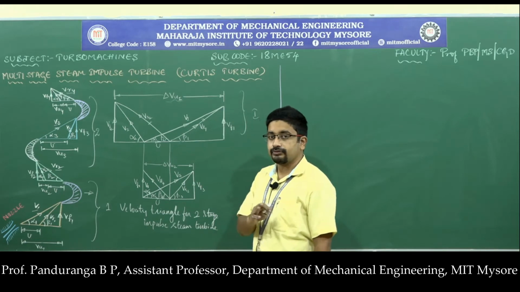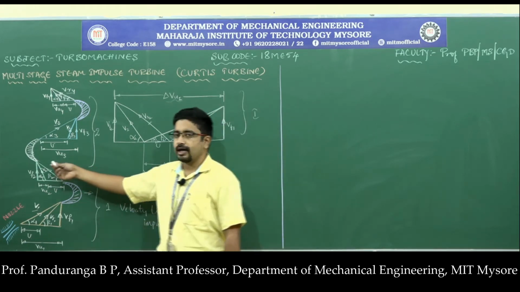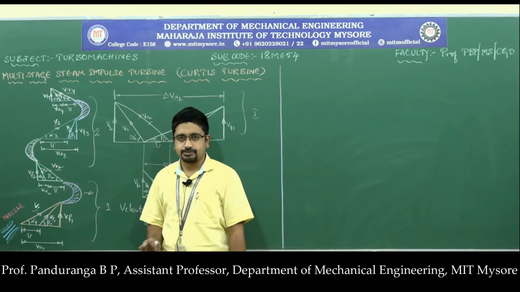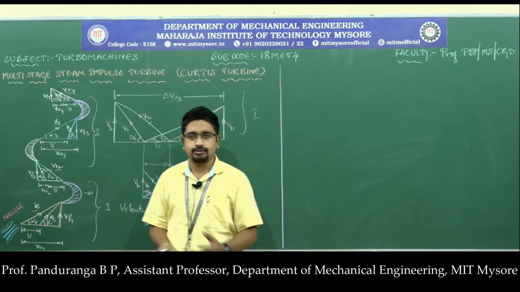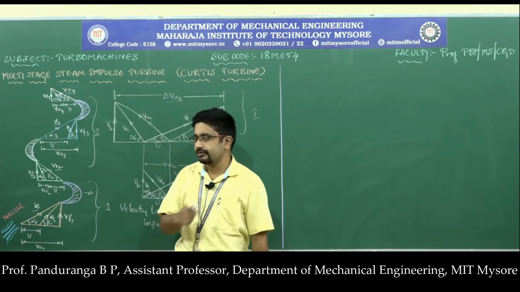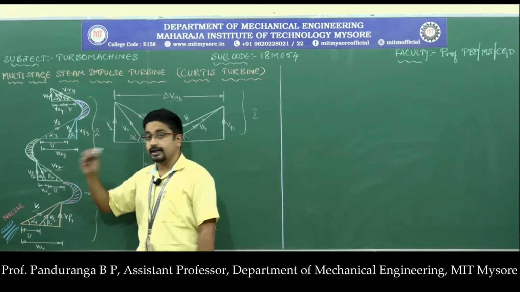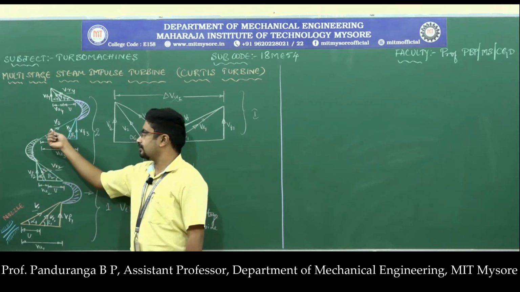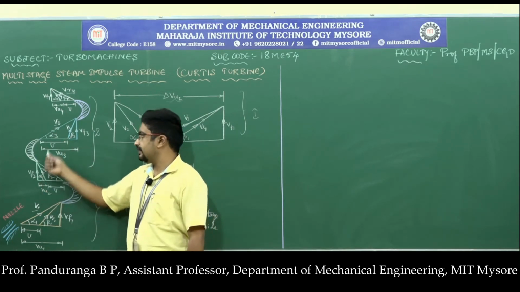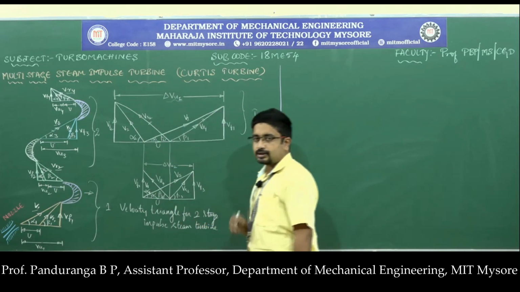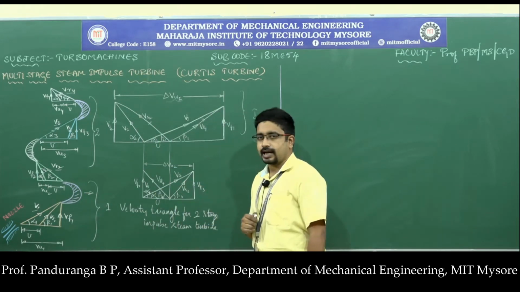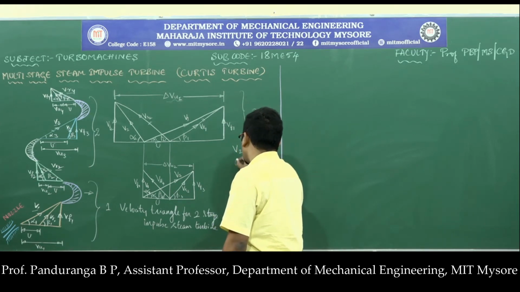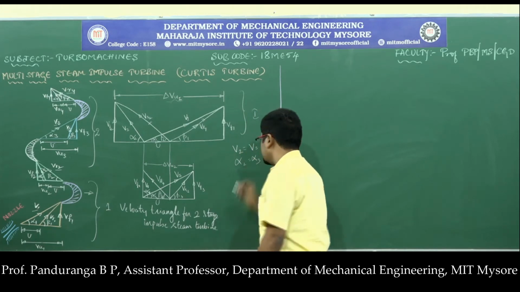One more thing which you need to remember is, since we have a fixed blade here, there is no absorption of energy by the fixed blade because there is no motion, and since there is no motion, there is no work done. Because of that, V2, we are dealing with fixed blade, so it should be absolute velocity. So V2 will be equal to V3 and alpha 2 will be equal to alpha 3. That is very much needed to draw the second velocity triangle, that is V2 will be equal to V3 and alpha 2 will be equal to alpha 3.